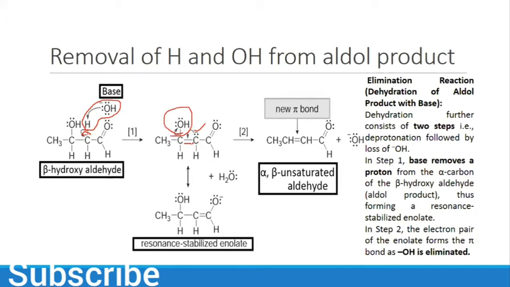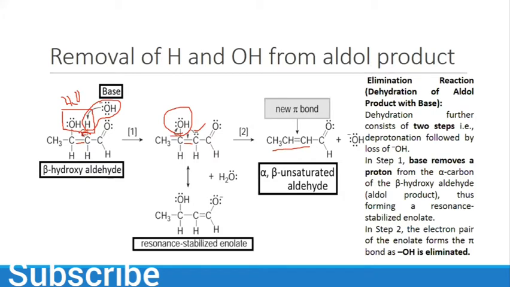But in some literature, in some reference books and also on internet sources, you will find that some people say you can just withdraw this OH and H as an H2O water molecule like this. H from here, OH, it is H2O, and you can form the double bond here, and then you have your final product. Both procedures are right. What you have to do is just withdraw the water molecule.